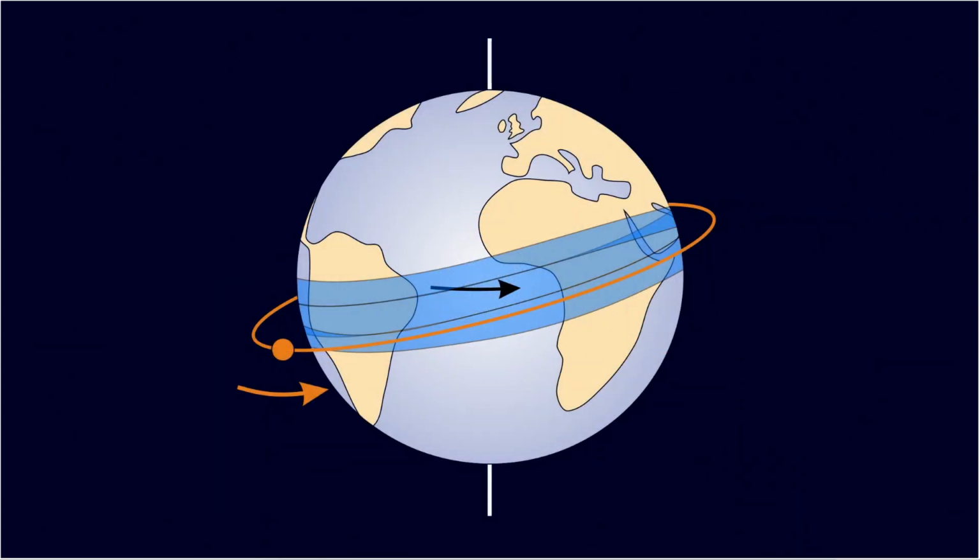What are the consequences of these different orbits for the area which the satellite can cover on Earth, or which it can observe, or where it can provide services? That's the main question I want to address in this video. And let's start looking at this question by looking at low Earth orbit satellites.